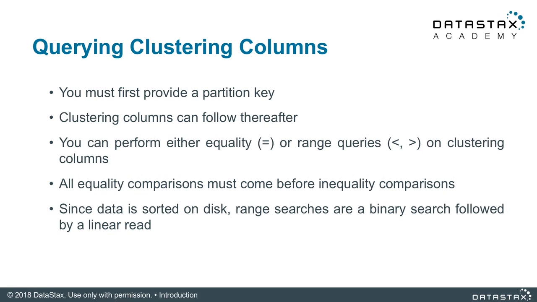However, once you're inside the partition, you can do some really neat things like equals, greater than, less than. Any kind of an inequality query, that's all legal inside a partition. And the order of those clustering columns is also super important. If you're going to be looking for particular items, if you're saying equals, you have to do it in the order that the clustering columns are presented in the primary key. So in the case where it was state, city, name, if you're doing an equality, you could say state equals Texas, city equals Austin, then it will give you everything beyond that.